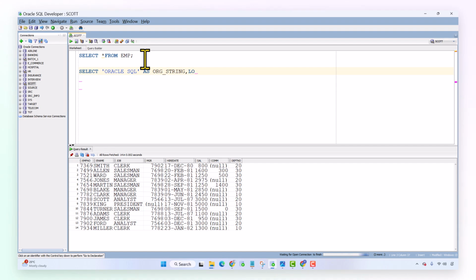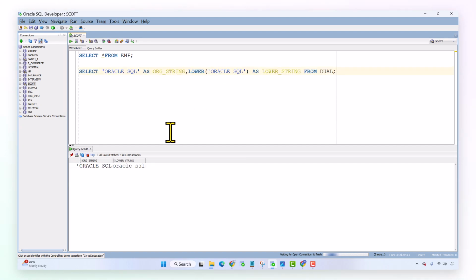Then I will use the LOWER function. Inside this LOWER function, I will pass the same literal as lower string from dual table. Now, if you run this query, see, actually the original string is this